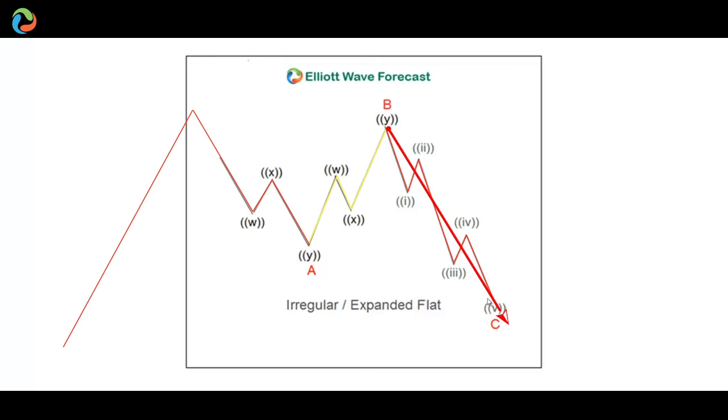They see this peak and say 1, 2, 3, 4, 5, and they're going to be selling here. Again, this is a flat where the C wave is lower,